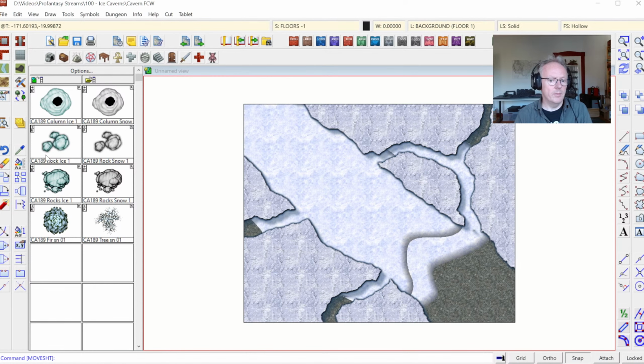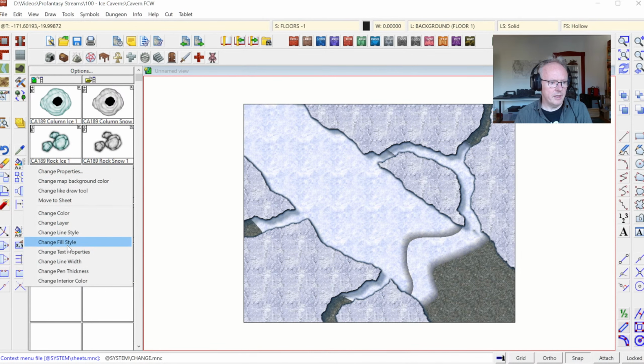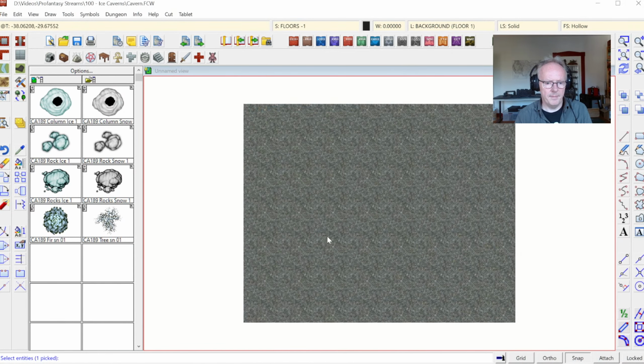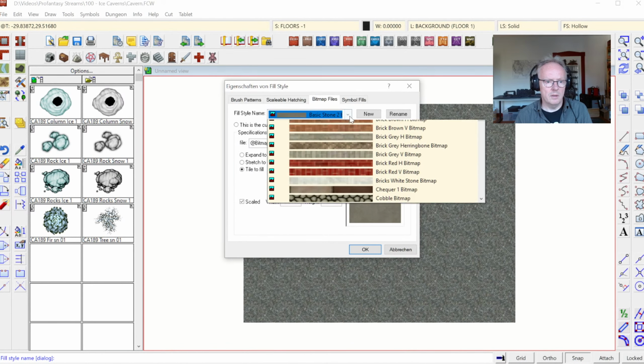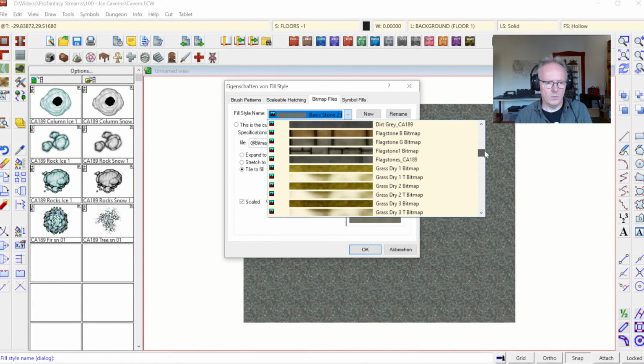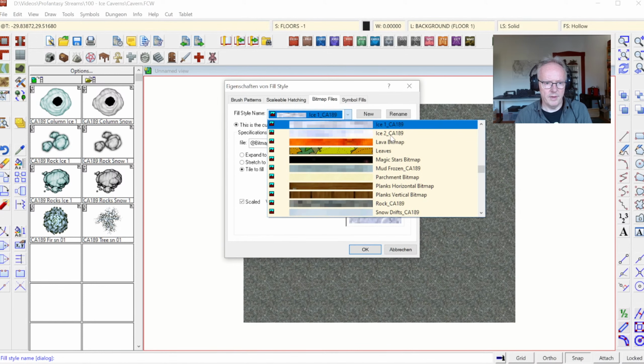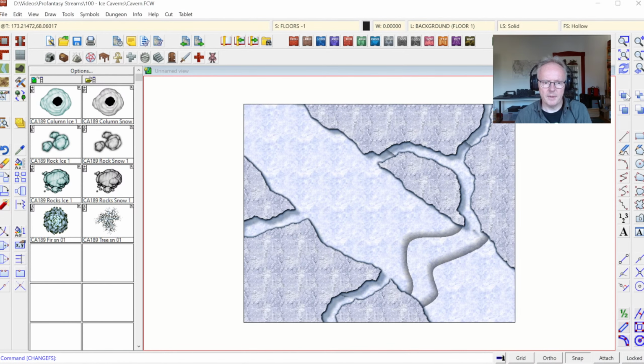And I'm gonna change the fill style of the background, just as I showed previously, to the other ice texture I'm using. There we are. Okay. Yeah, we've got a question from the chat about the hard edge of the bevel here